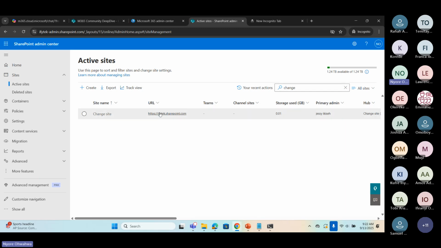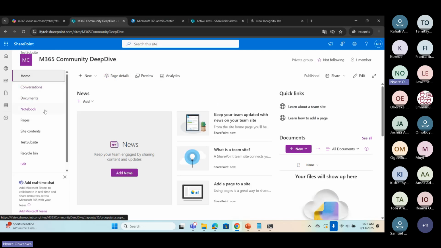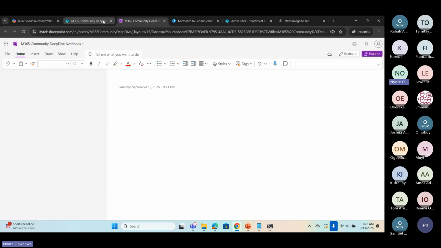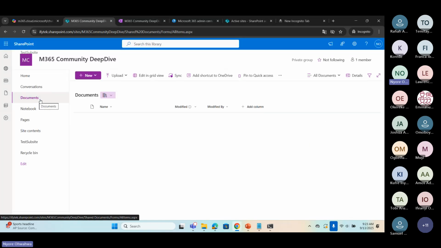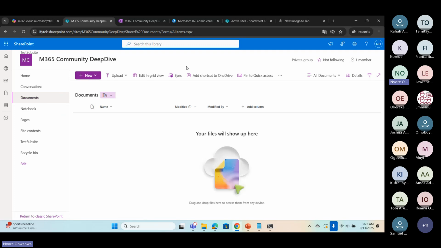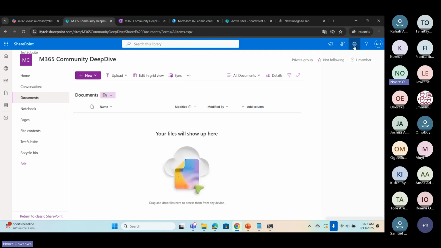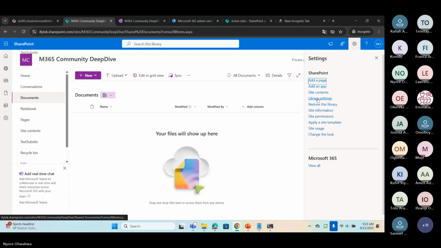So one specific difference I have seen between a site admin and a site owner that I can tell you at the moment, let me just give you an example. The practical example that I have seen, the difference between a site admin and a site owner that I can quickly show you, is on site permissions.